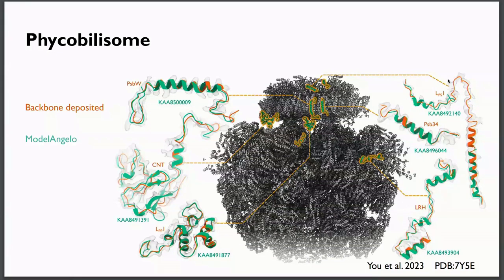And we were able to, using this strategy, with high confidence, determine all 6 of these proteins, and then resolve the full phycobilosome with the new sequences. And that's what you see here. So the green is what ModelAngelo built with the sequences, and the orange is what was hand traced. And for some of these, the density is quite poor. So it's really interesting that we were able to get the sequences with high